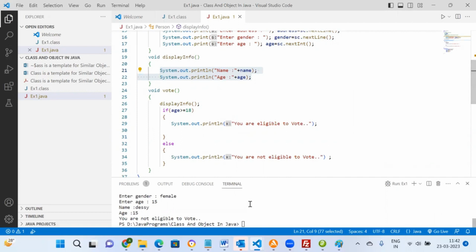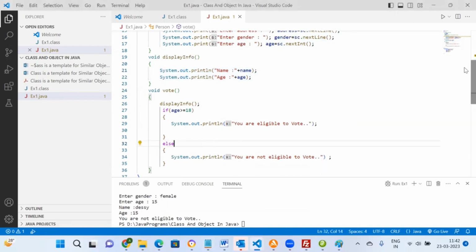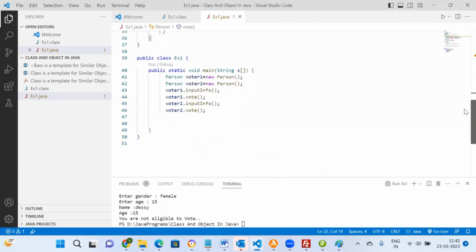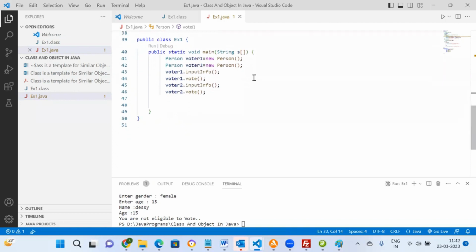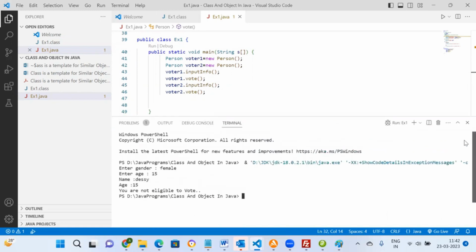अगर उसका एज ग्रेटर देन 18 है तो कर सकता है, नहीं है तो नहीं कर सकता है। और अभी जो हम लोगों ने दो ऑब्जेक्ट बनाया है प्रोग्राम के अंदर, इसको हम लोग देखते हैं। प्रोग्राम के अंदर हम लोगों ने वोटर 1 और वोटर 2 बनाया है और अगर हम लोग इसका जो इनपुट हम लोगों ने किया है वो देखते हैं तो देखिए हम लोगों ने क्या इनपुट किया है। यहाँ पर हम लोगों ने इनपुट किया है